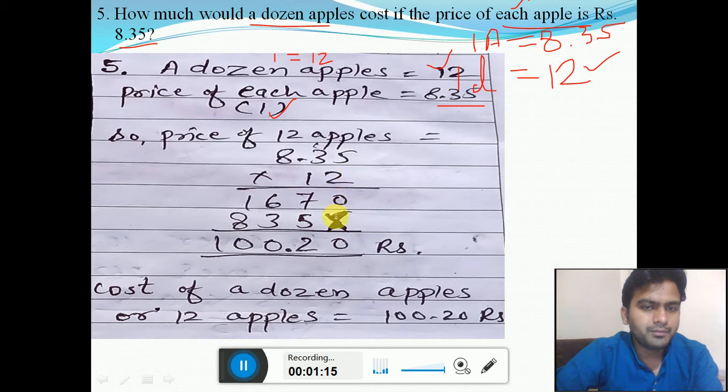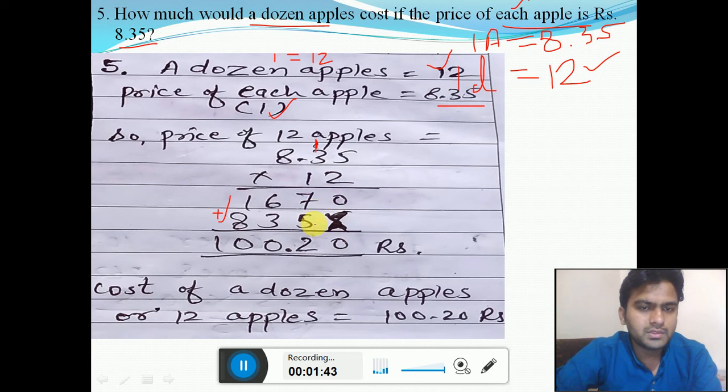So here is the multiplication. I think you know how to multiply the two numbers. So first multiply the 0 with 5. 2 5s are 10, carry over 1. 2 3s are 6 plus 1, 7. 2 8s are 16. So I have written 16. Now cross down 1. 5 3 8. 5 3 8. Now add these numbers.